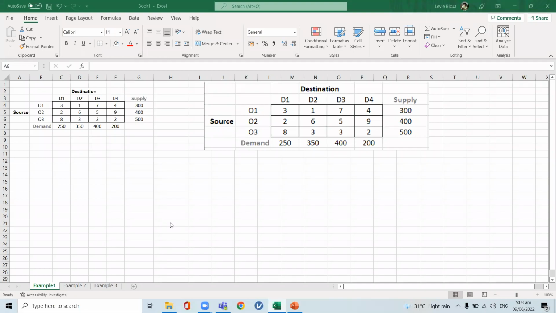Good morning. In this video, I will be discussing how to use Excel in solving transportation problems. I will be using the two examples we used in our discussion. The first two examples are from our lecture, and the third example is a case where the transportation